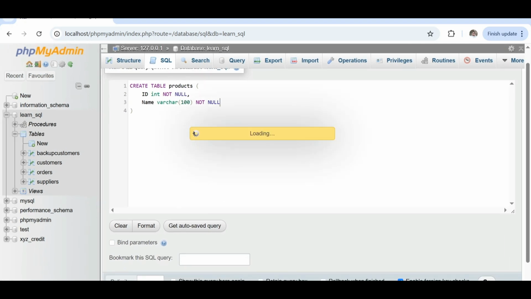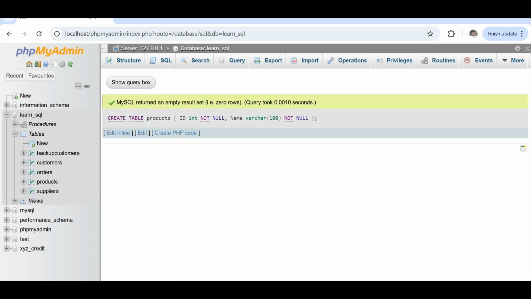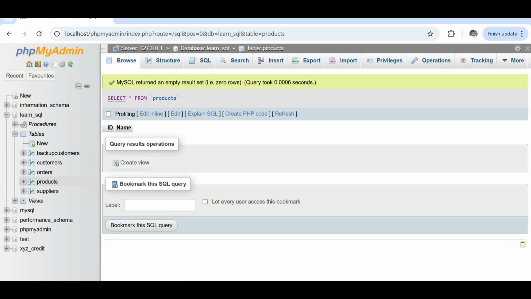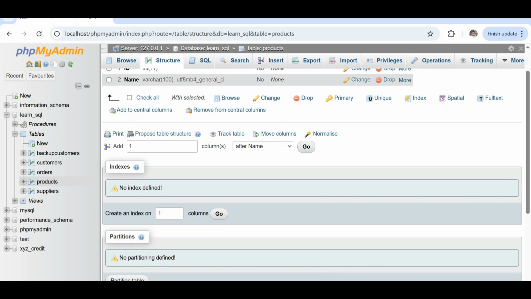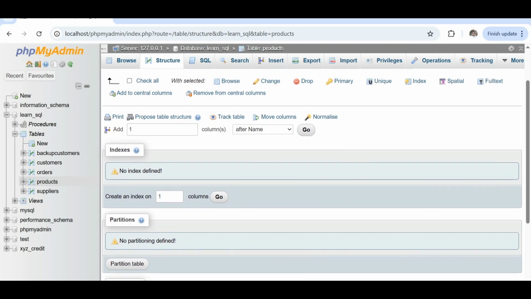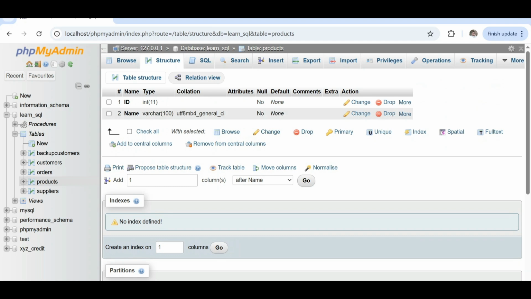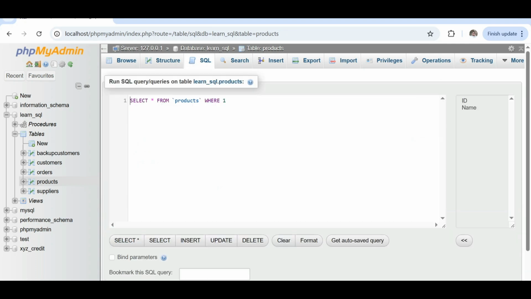Okay, and go. Now we have a new products table that has not null constraints. It means the column values are required. You cannot insert a row without values for them.